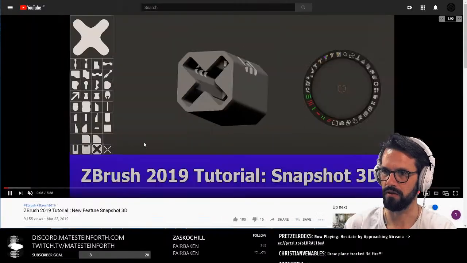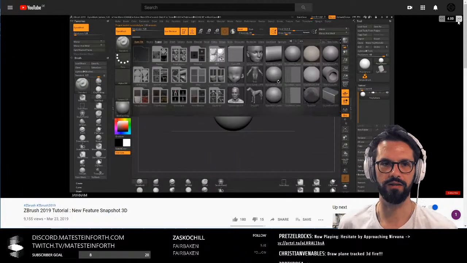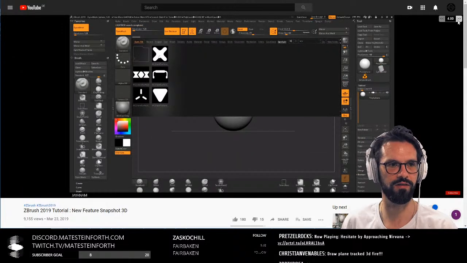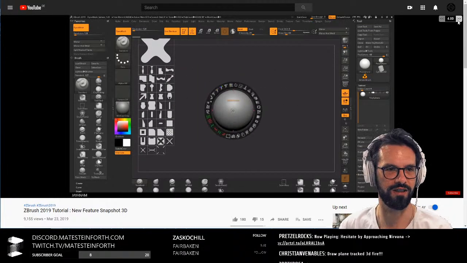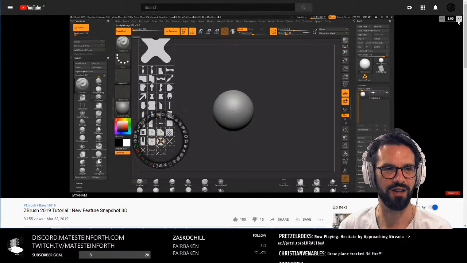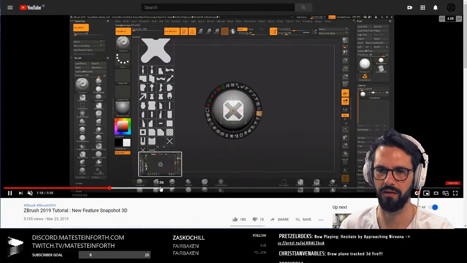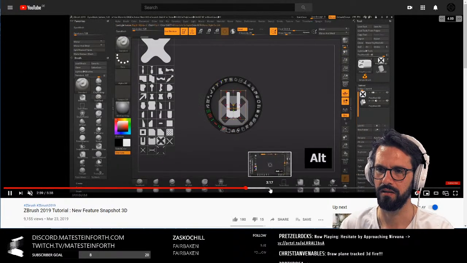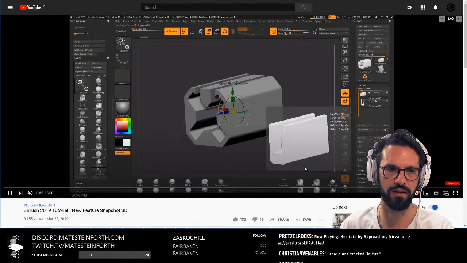Yeah, so I'm just gonna do a quick run through the tutorial. Basically what this function is in ZBrush is you can take an image and project it onto 3D stuff and cut things out. Maybe it's not that one. I don't know. See, yeah, this is kind of like cutting it. So this is basically similar to